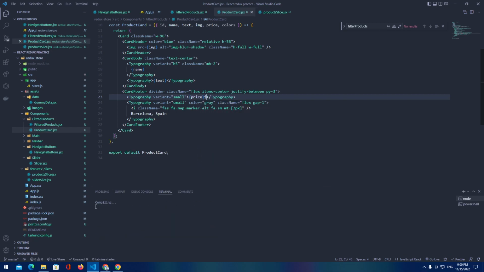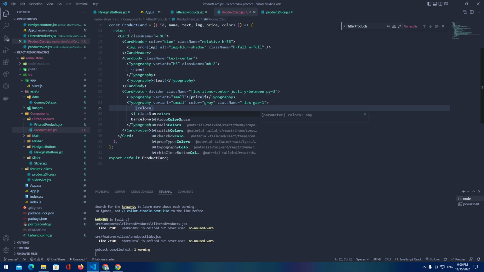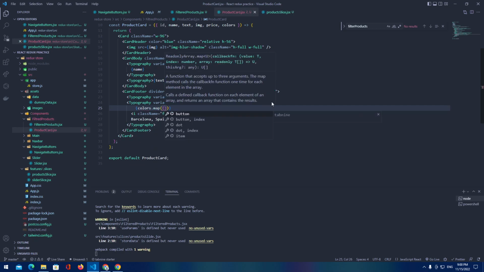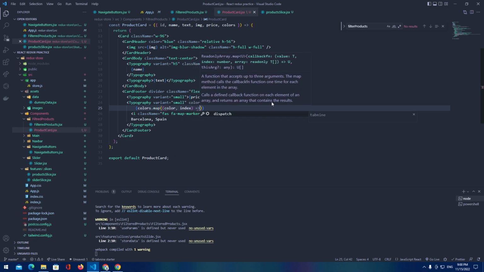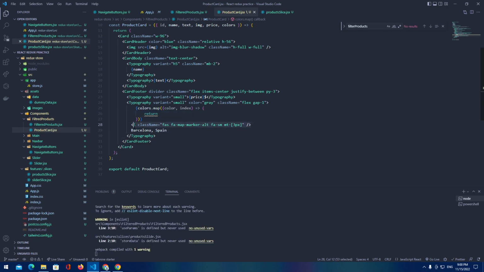Price. And here we're gonna loop and get those colors. So let's add colors dot map, and it's gonna be color index, and we're gonna return this element,